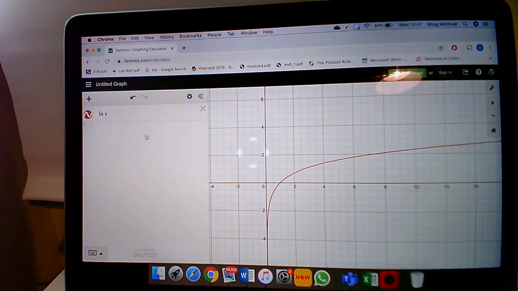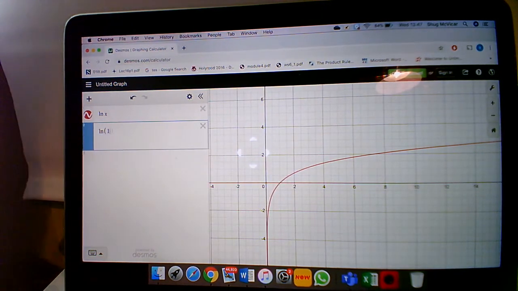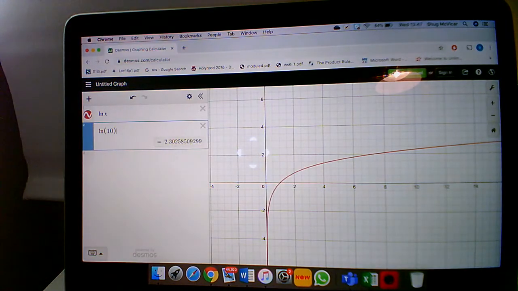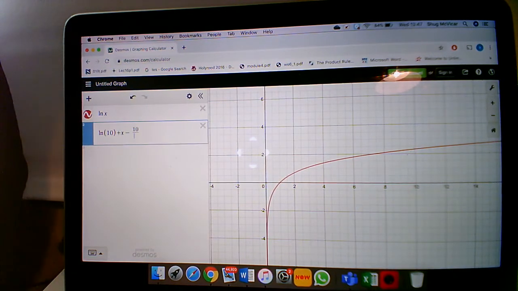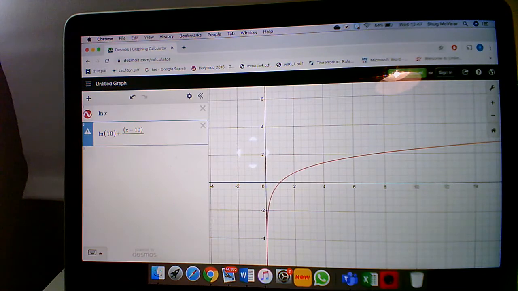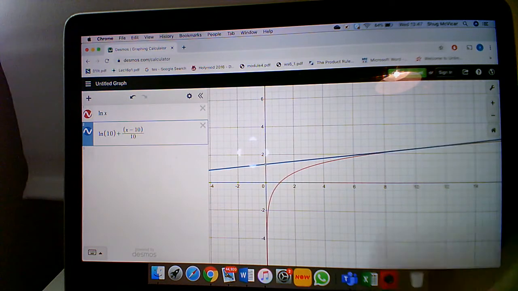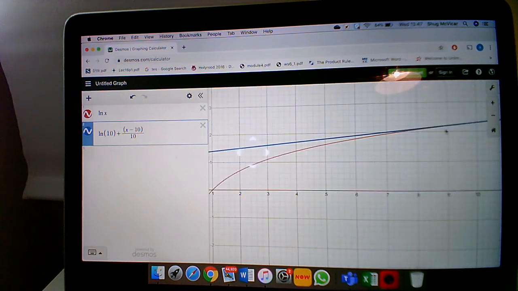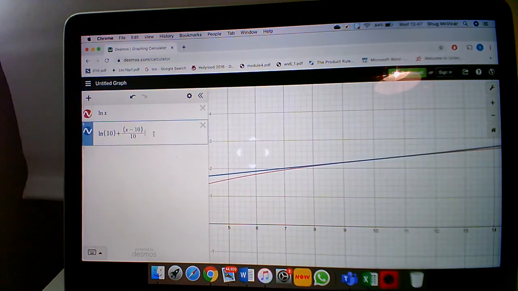Now, what I'm going to do is type in the answer that we got there. So ln 10 plus x take away 10, brackets, over 10. So you can see that's starting to pretty much mimic exactly the function in and around 10. Right, let's see what happens with